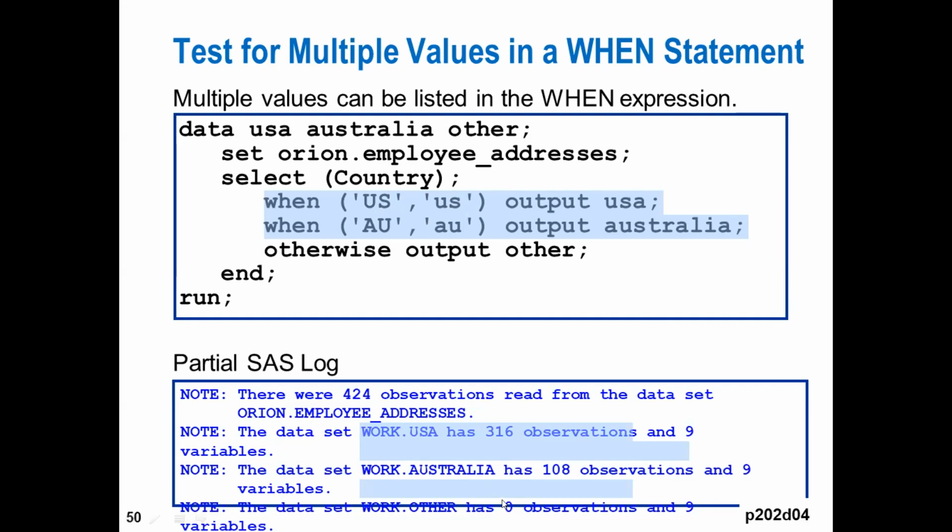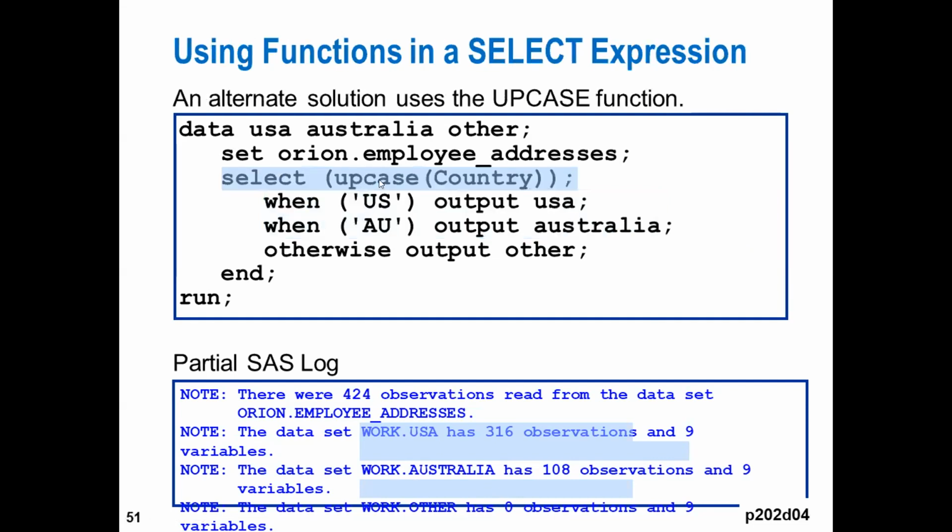Same goes. Now we know that you want to read the values from country as all uppercase, so that the small case value is read as uppercase and then sent to the respective data file. So you can write the function uppercase on country like this. So still here other will have 0 observations because though you have small case AU, it will be read as uppercase, hence it will go to the AU dataset.